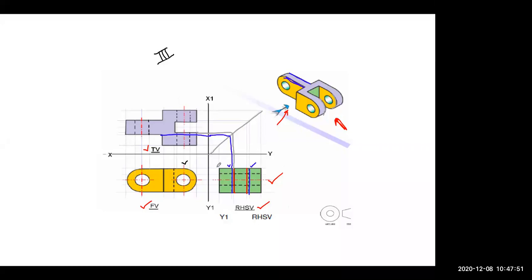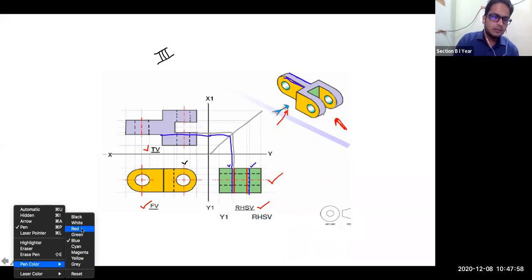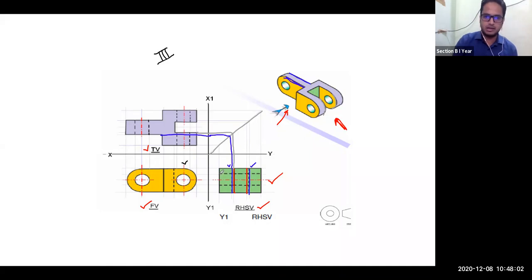Yes, now, sir, what is this hole? Is it a through hole that you are able to see? Now let me use some other color. Red I have used, blue I have used. Let me use magenta. So this one I am using, this pink or magenta color. This is hidden. It means it is not visible. If the observer is looking from this side, that magenta color is hidden. So what is this magenta color representing? This magenta color is representing those holes.